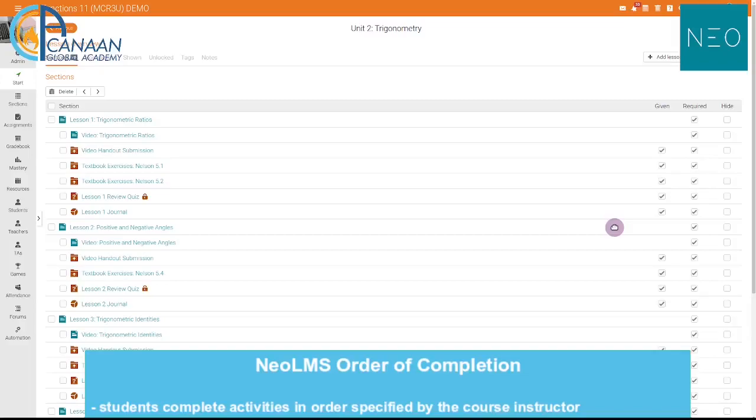The third way Neo LMS helps us with our goal is it allows us to have the students complete things in the order specified by the instructor. So as you can see in this course, this is the order the students need to do things in. When the checkbox required is checked, it just means that the student must finish what they started. But once they finish, they could jump to any other task. So for example, if they were in 5.1 and they finished 5.1, they could jump to 5.4 and do this